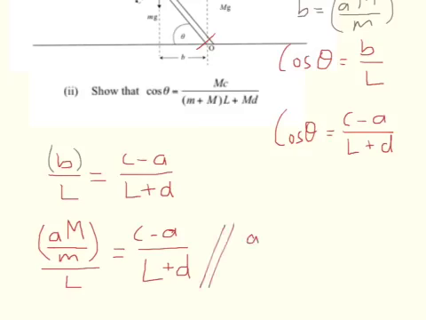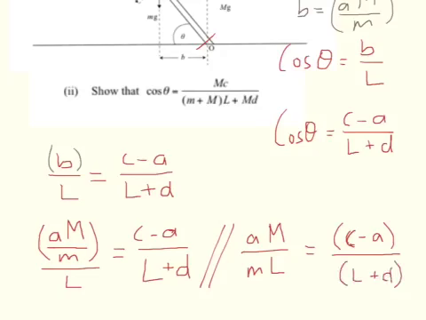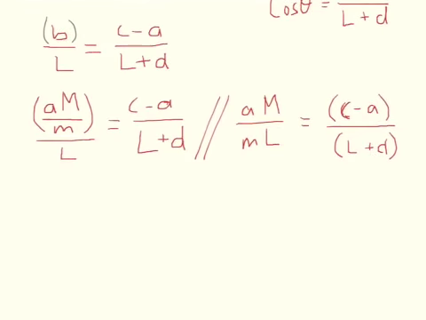So it's going to be A capital M over ml, because if you divide a fraction by a number, it just ends up going on the bottom of that fraction again. And equals, I'm going to do it a little bit like this, C minus A. I put it in brackets so that it's a little bit easier to see what's going on, and it helps you think about rearrangements in terms of what you're doing with the whole unit rather than thinking about a C and an A and a minus. Anyway, the next part then